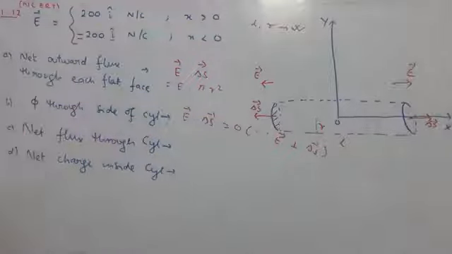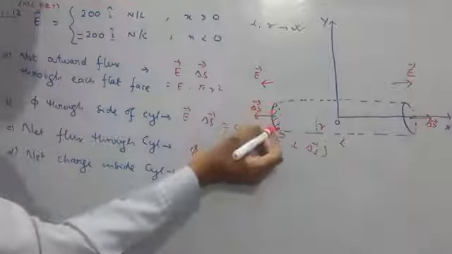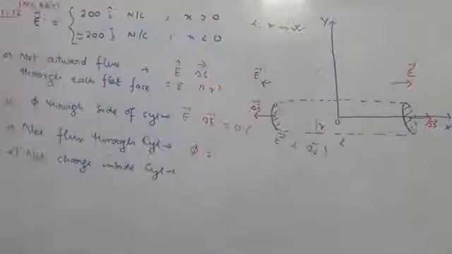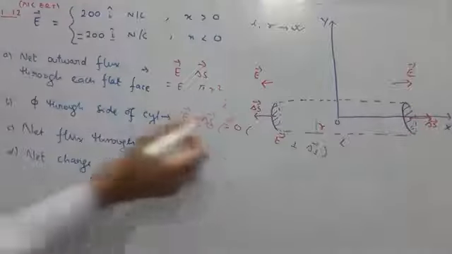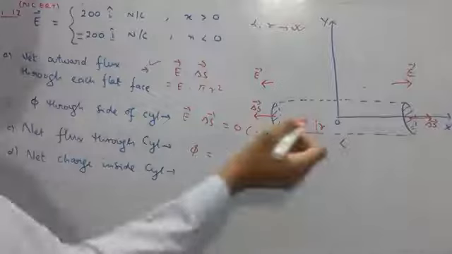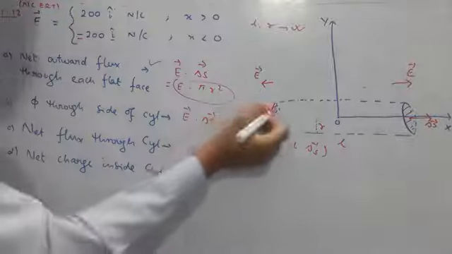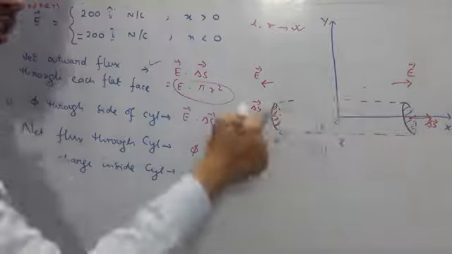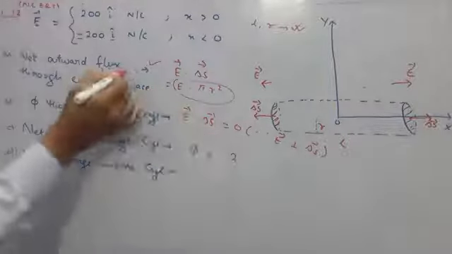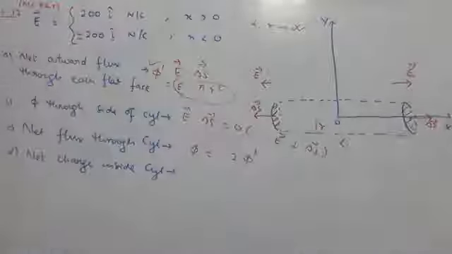Next part asks for the net flux through this cylinder. Net flux through the cylinder, phi, is the flux through this flat surface, plus the flux through this flat surface, and the flux through the entire lateral surface. For the lateral surface it is 0. For this face we have calculated in the first part. Whatever answer we got in the first part, that is E into pi r square, that is the flux through one of the faces. But here there are two faces and both of them are positive. So it will be 2 times whatever answer you got in the first case. Suppose in the first case we got the answer as phi dash, then your answer must be twice phi dash.